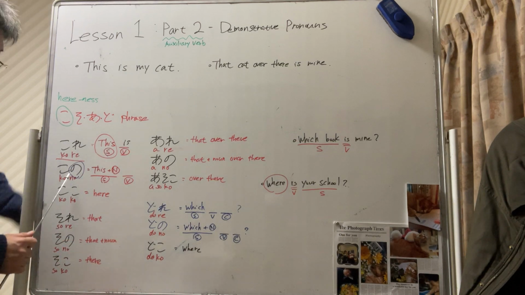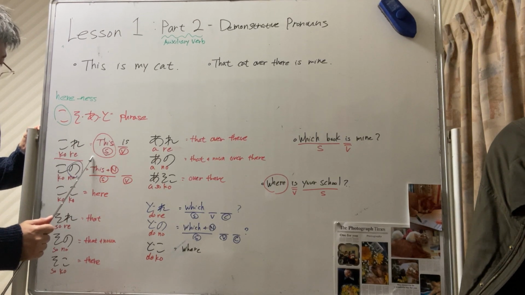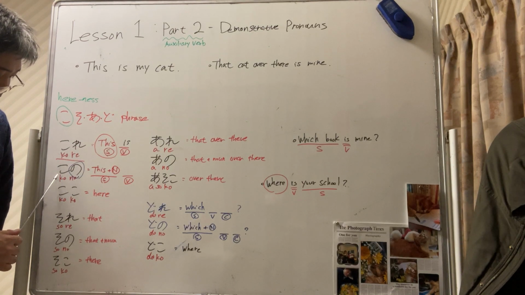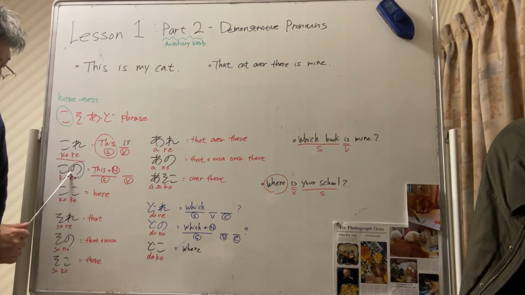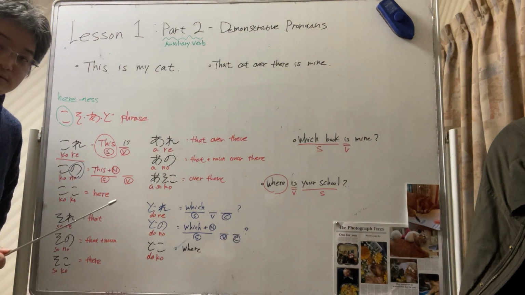And re does give its substance by itself, and then it makes it its actualized form. But with kono, because of the no particle,